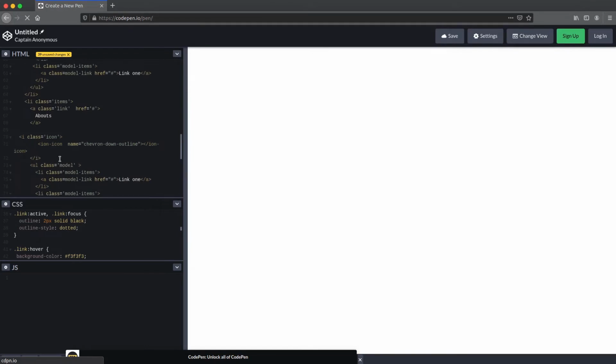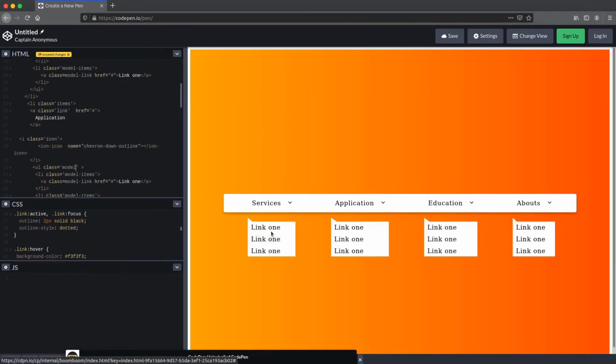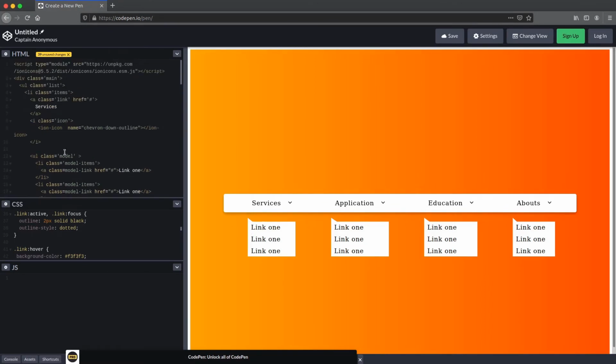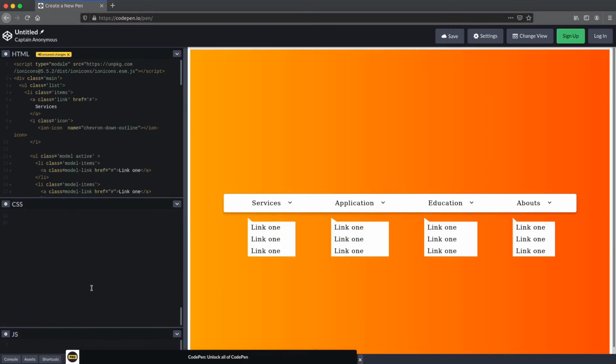I want to add an active class in model for toggling, hiding and showing this sub menu. So add here like this, active. And first let's select icon and provide a negative margin left, like -1 rem.